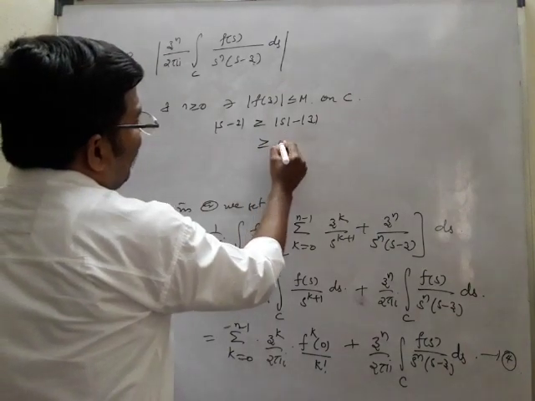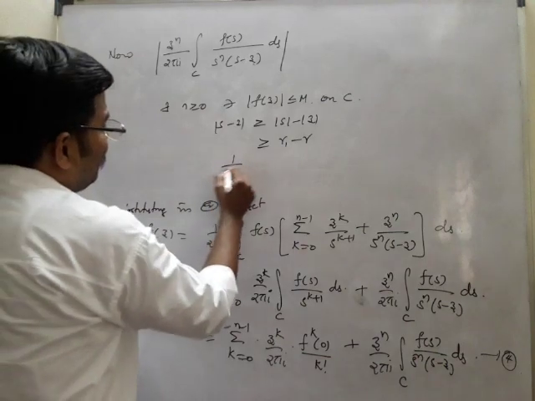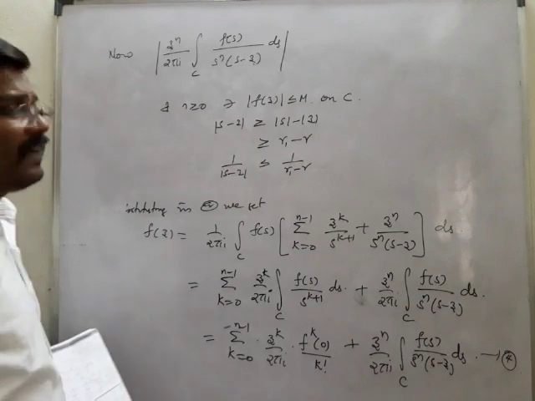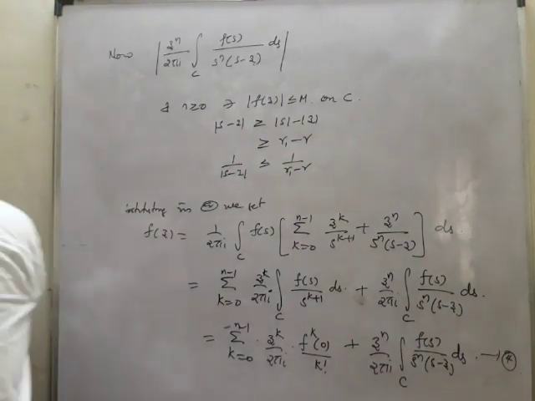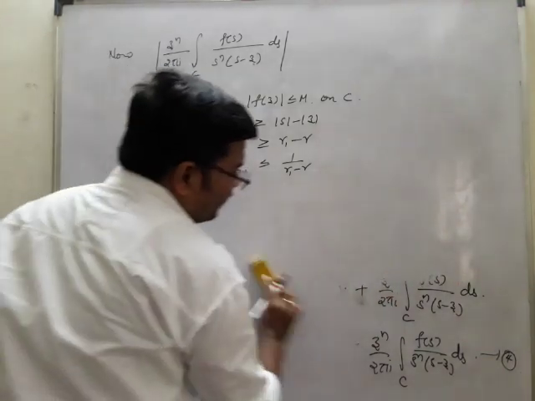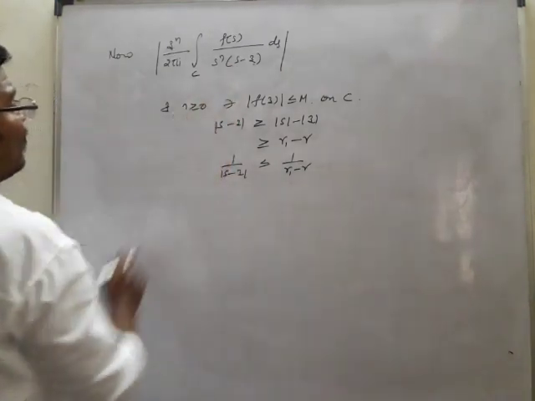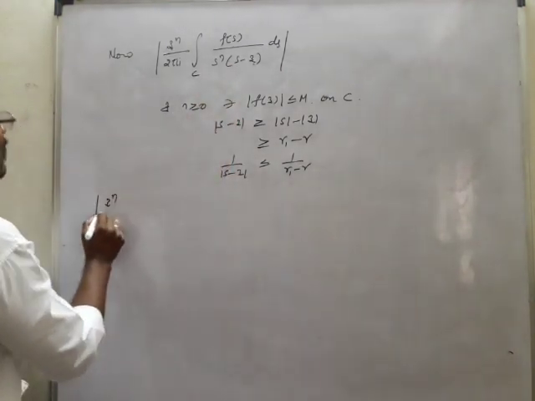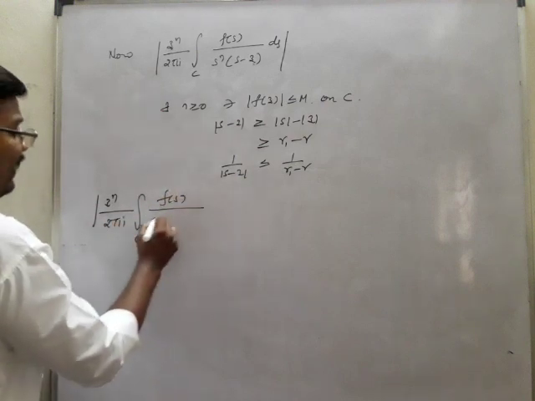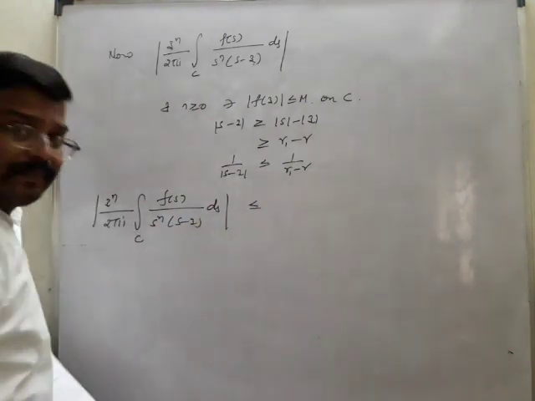Now this is nothing but r1 minus r. So therefore 1 by mod s minus z is less than or equal to 1 by r1 minus r. The value of 1 by s minus z is this, less than or equal to 1 by r1 minus r. Okay, so therefore we'll try to apply here. So therefore z power n by 2 pi i integral c f of s by s power n into s minus z ds is less than or equal